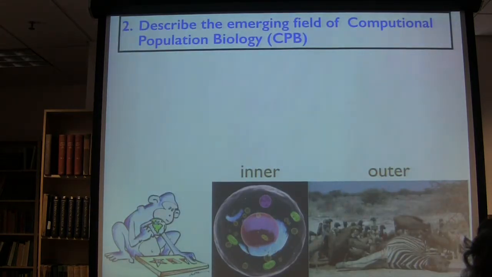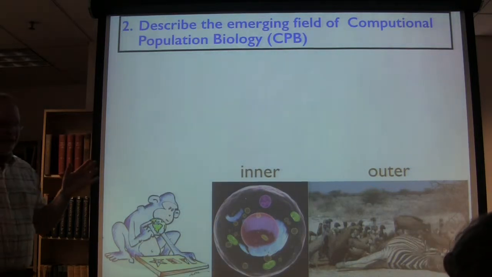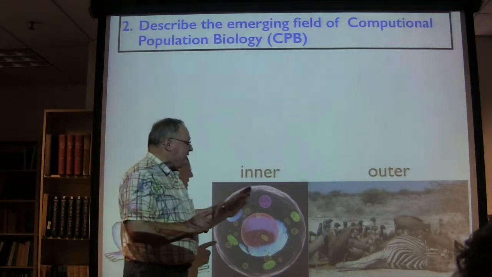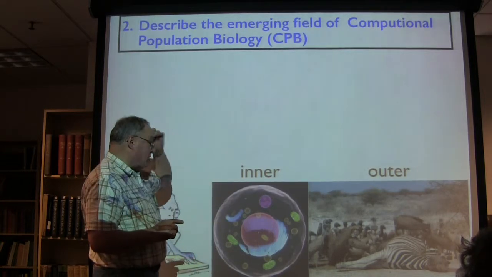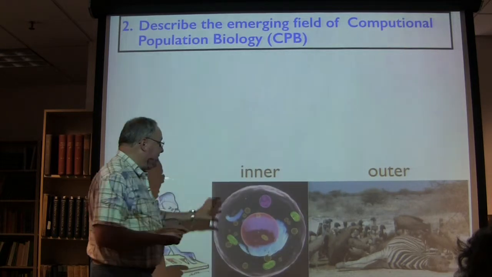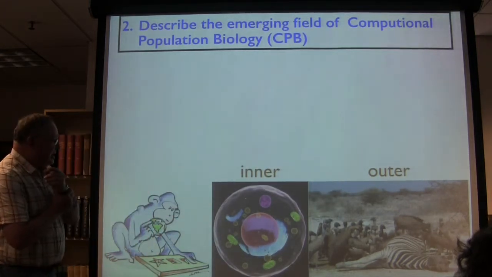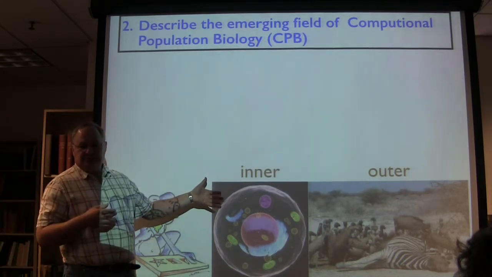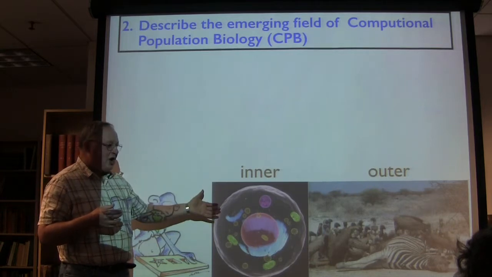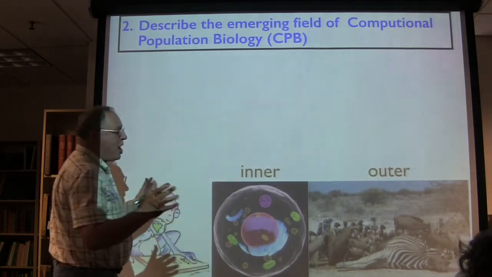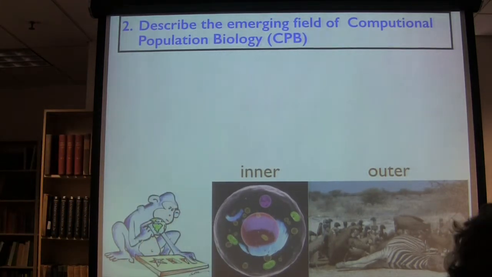So what I described there was the beginnings of what I call the field of computational population biology. In computational population biology, you have individuals with an inner and outer world. In this case, the inner world was the brain processing, and the outer world was the resource heterogeneity. In more complex systems, in the inner world you can monitor things like the hunger state, the thirst state, physiology, all sorts of things. And in the outer world, you can make that more complex. You can have multi-species outer worlds and so on.